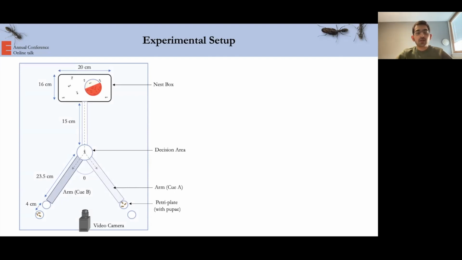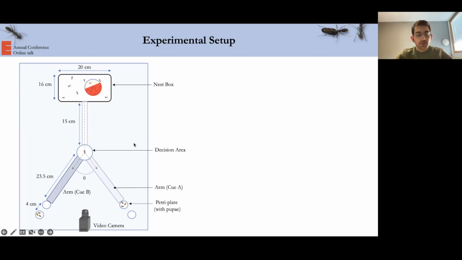So the setup consists of a Y maze connected to the nest box. The ants come out of the nest box to the decision area. Here they choose between two arms with different cues. On the end of both the arms are pupae, but only at the end of one of the arms they're accessible. The cue where the pupae are accessible is called the condition cue, and where they're not accessible is called